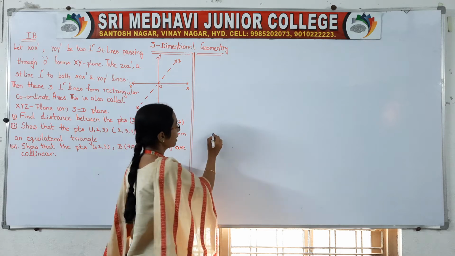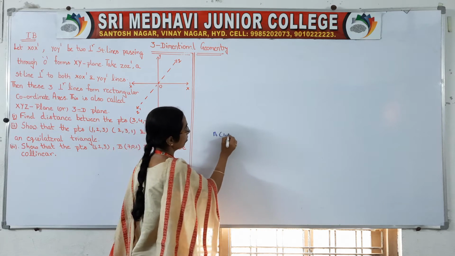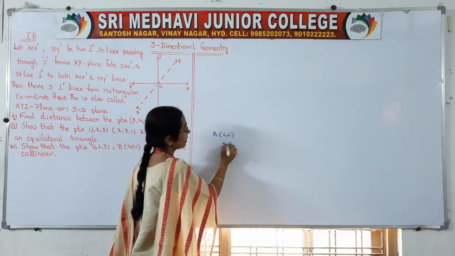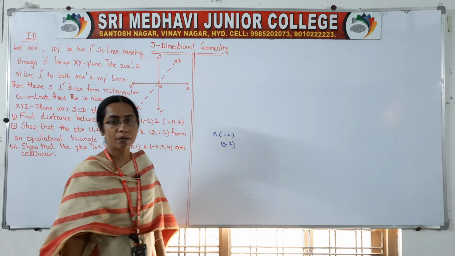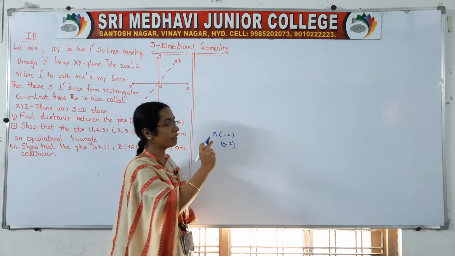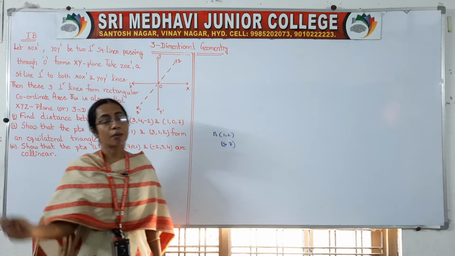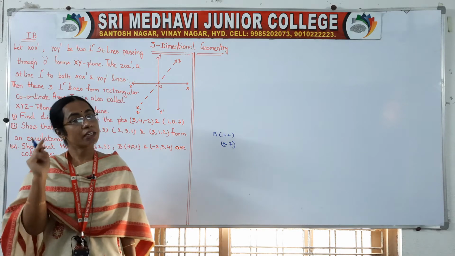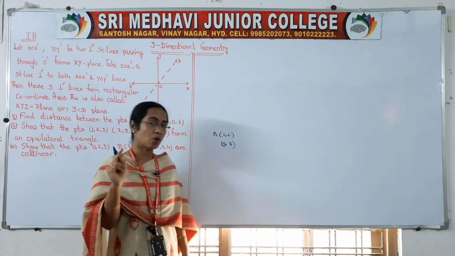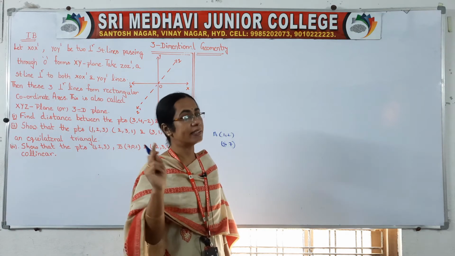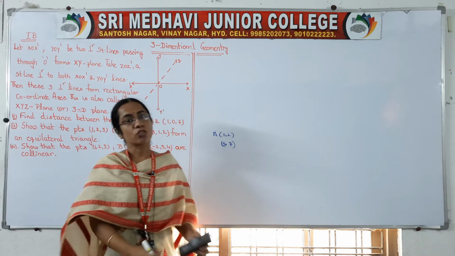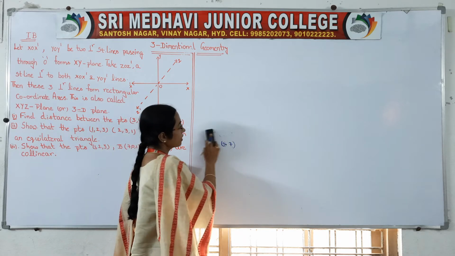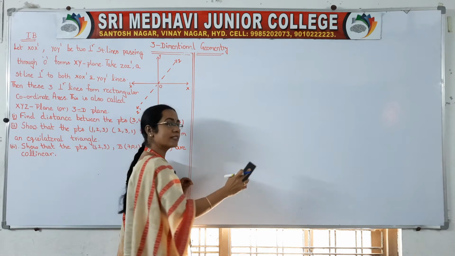That means if we take any point in 2D, you will have an x coordinate and a y coordinate. Till now, points we have taken like 1, 2, or 5, 7. That means an x coordinate will be there, a y coordinate will be there. But if we take a point in 3D, we will have three coordinates, right? X coordinate, y coordinate, z coordinate. That means some volume will be there inside the diagram.